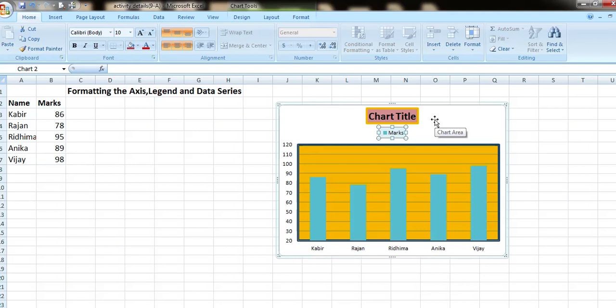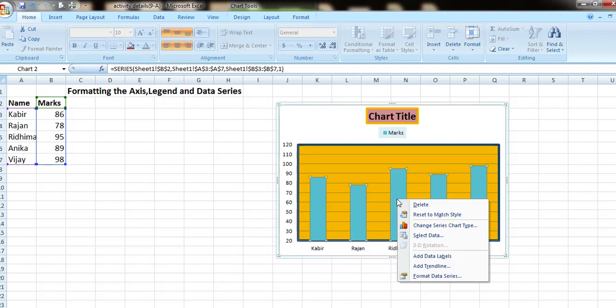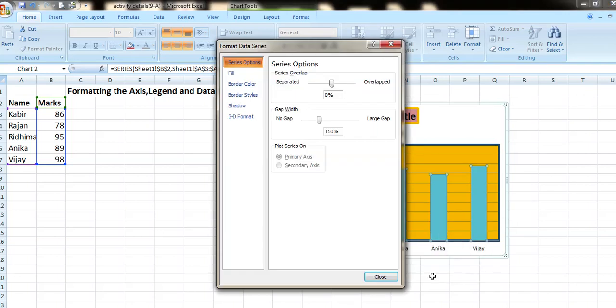Similarly, I can format the data series. I can change the color of these data series or borders of these data series by just right clicking on the data series and selecting the Format Data Series option from the shortcut menu. The Format Data Series task pane will appear on the right side.